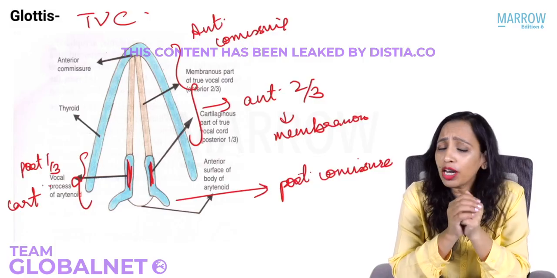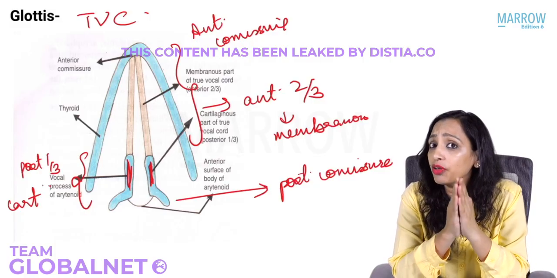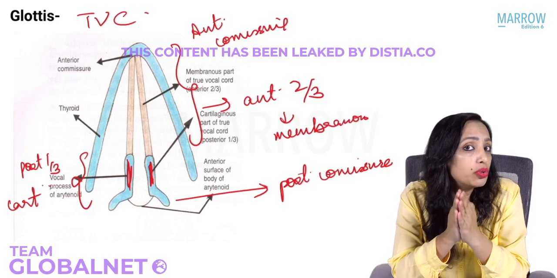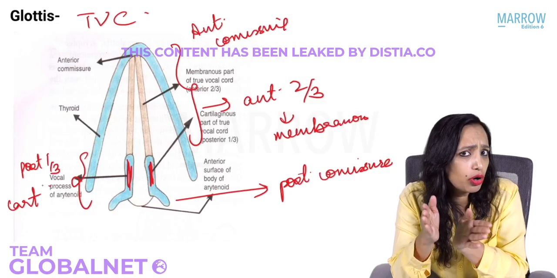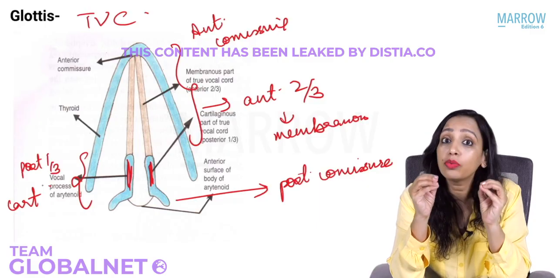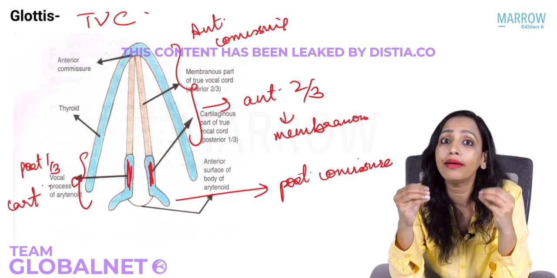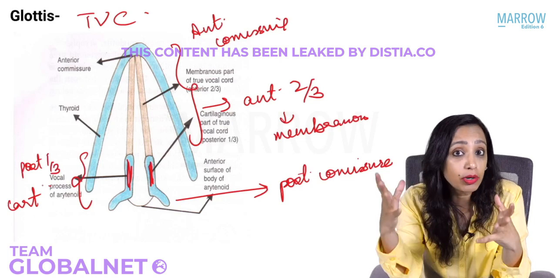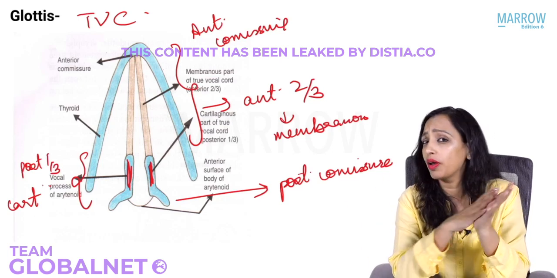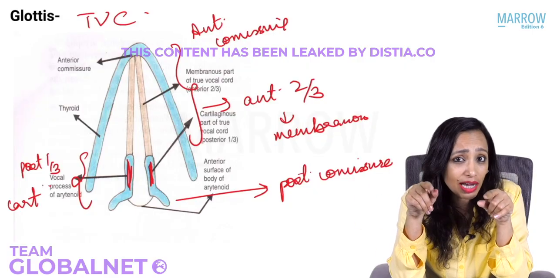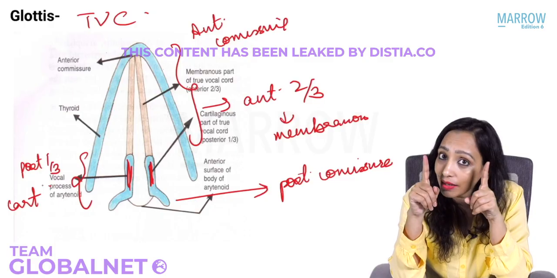Yes. So can you tell me, if it is the membranous part which is vibrating, which will be the part of maximum vibration of the true vocal cord? In other words, that will also be the part which will get damaged maximum because of voice abuse. Whenever there is a sudden voice abuse, whenever there is a prolonged voice abuse, that is the part that is vibrating maximum. So that is working maximum. That will be liable to getting damaged most.